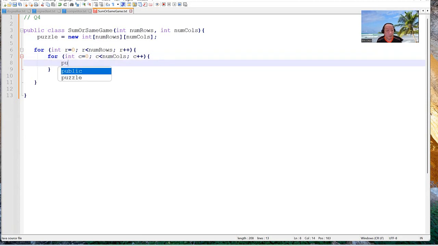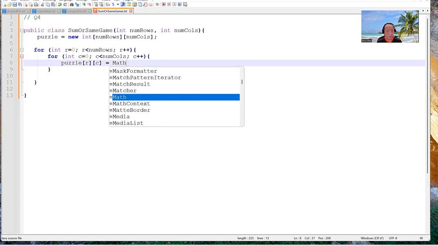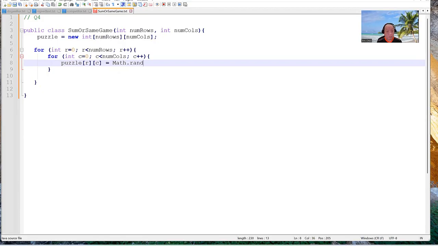Okay, right here you have a puzzle of your row and column. Now with new integer. Okay, here actually it is an integer, so you would like to do Math.random